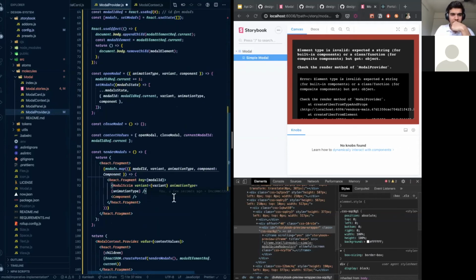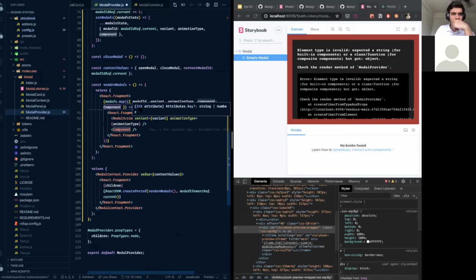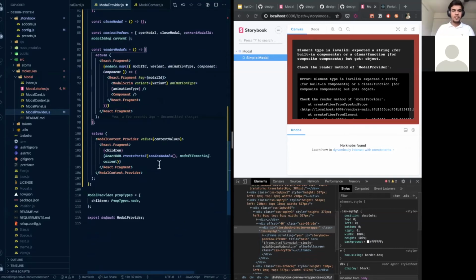Something is breaking with this component. Let's see what broke. No composite components, but got object. Check the render method of ModalProvider. Okay, what's wrong?